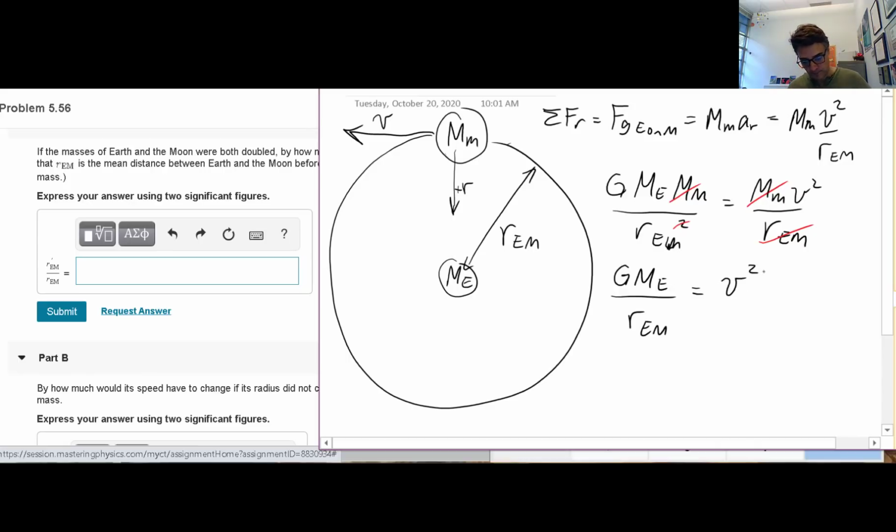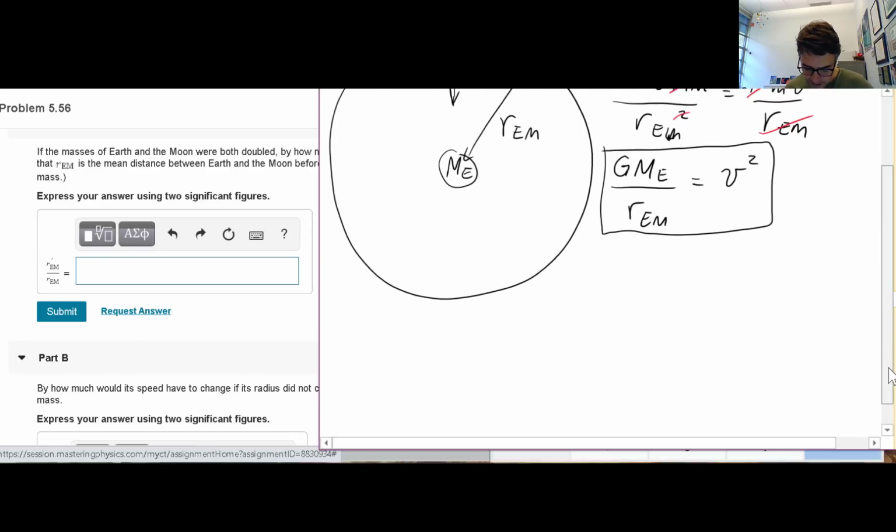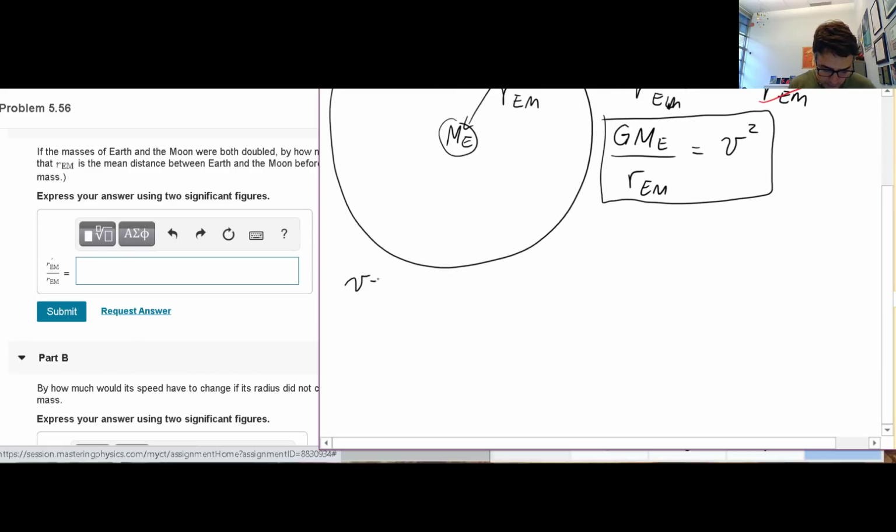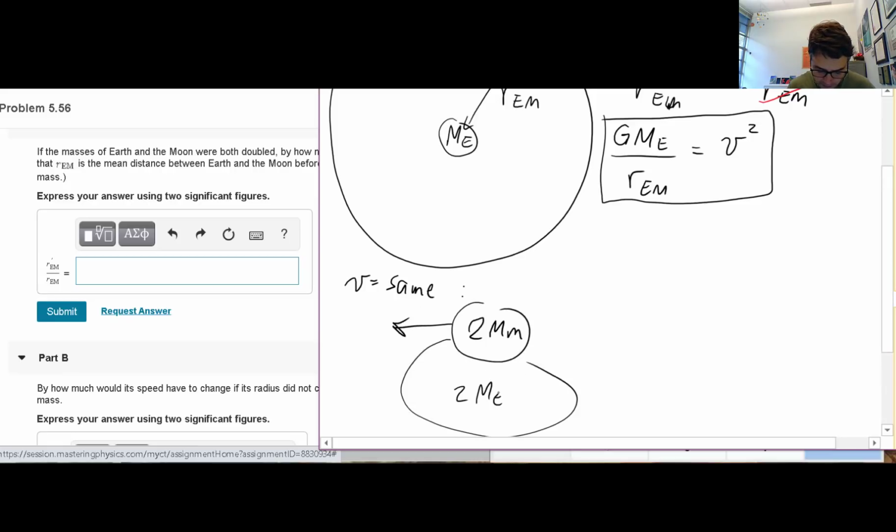Okay, so that's a good equation to remember here. And now in our case, the speed is staying the same. v is the same, but now you've got 2 times the mass of the Moon, which is orbiting around 2 times the mass of the Earth. Okay, but only the mass of the Earth comes into this. And this distance now is